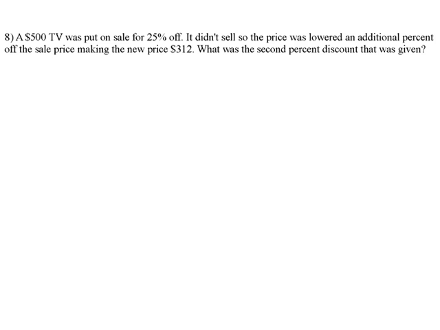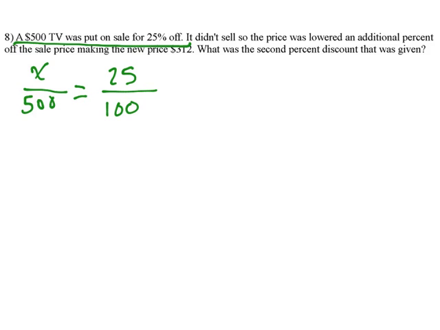Okay, so if we set our proportion up here for this part right here, we have 25 over 100, because the percent always goes over 100. Now we have to decide whether or not 500 is the whole or a part. And 500 is the whole price of the TV, so 500 goes on the bottom. And we're left with, we have to find out the part. Okay, cross multiply, divide, we find out that x equals